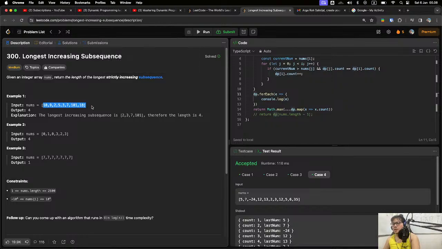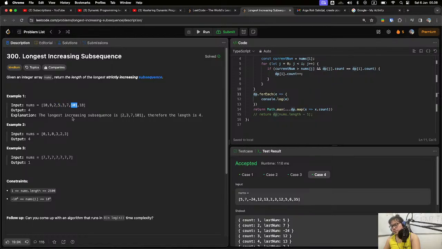So, for example, they gave this array of nums, and the output should be 4. Why? Because the longest increasing subsequence is 2, then let's erase this 5 in the sequence, 3, and we also take 7 because 7 is strictly increasing compared to the previous number, which is 3.